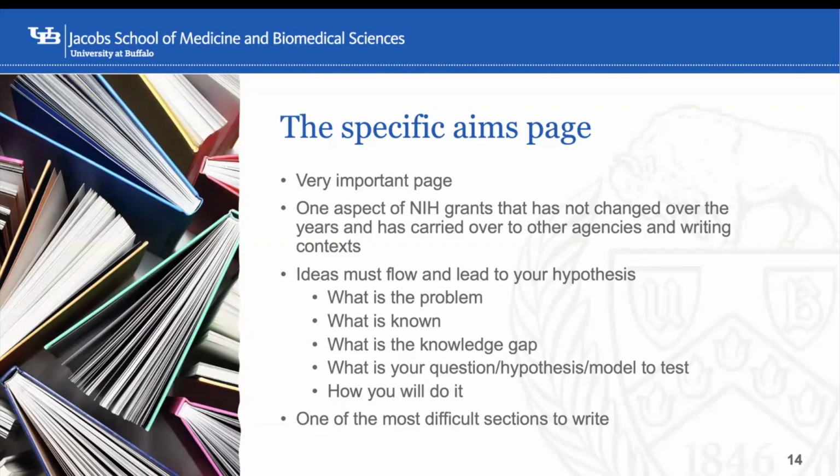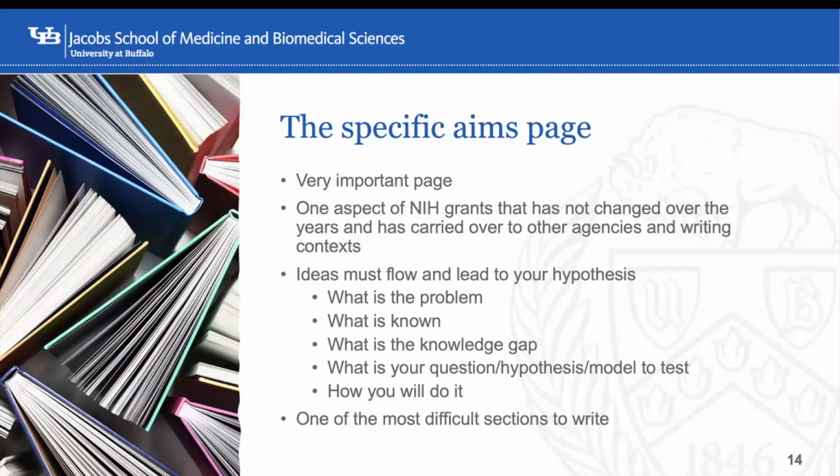Oh, I do actually need this preliminary data for me to be able to say this, right? So that's also not just important for evaluating, but it can be very important for your writing. This is one of the aspects of NIH grants that hasn't really changed, right? I don't know how many times in my career the bio sketch has changed, and it keeps changing. The aims page hasn't changed in my career. And when I talk to people that have been doing this for longer, it hasn't changed either.